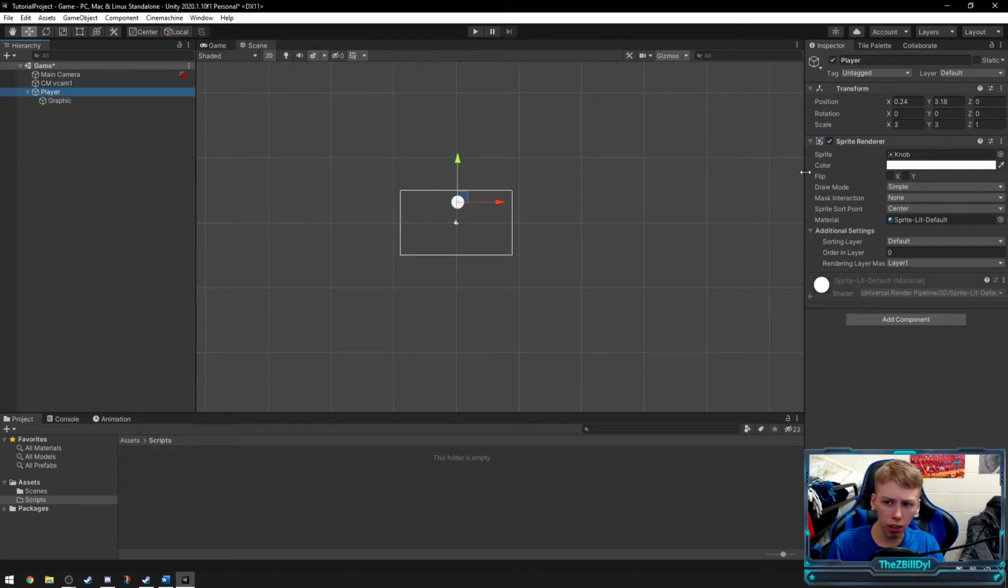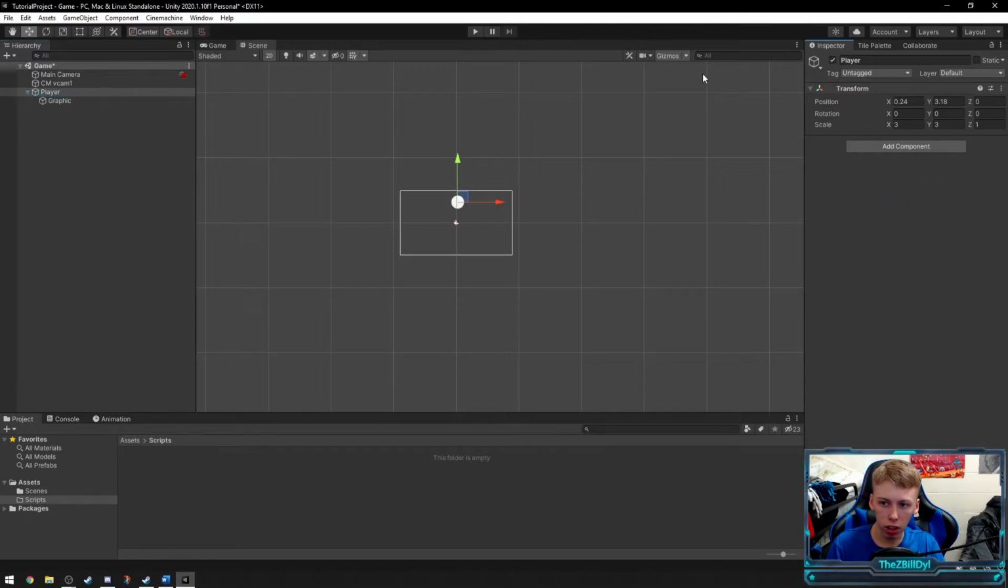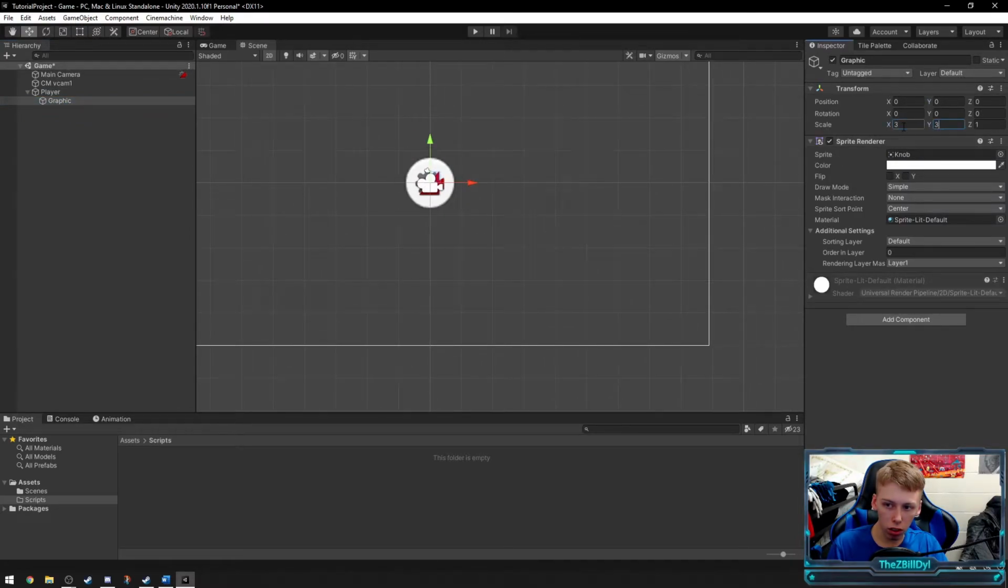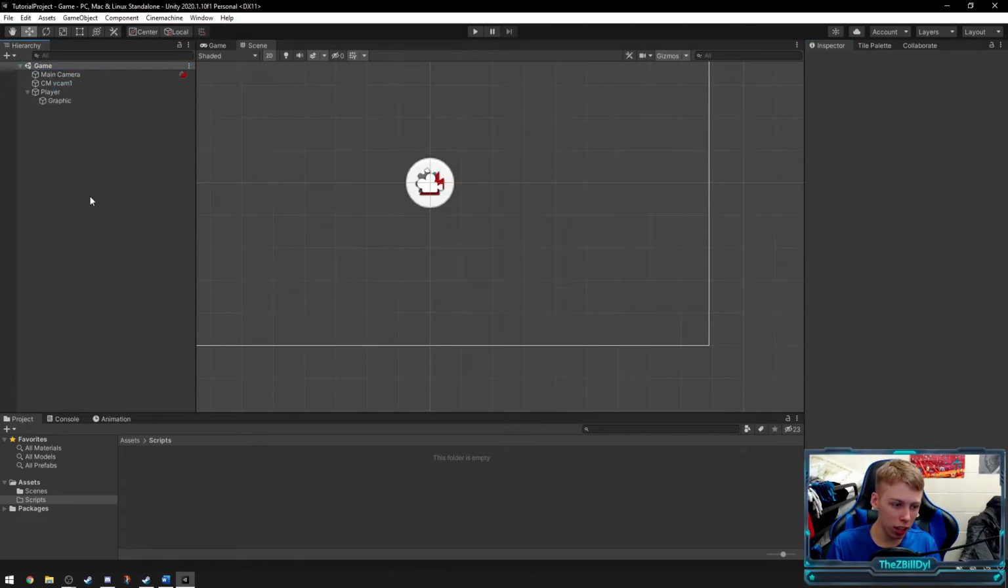Anyway, enough of that. I'm going to get rid of the sprite render on the parent here. We're going to actually reset the transform back to here. And this is the graphic, which means we're going to actually lower this to the 3 by 3. Okay. Now, with all that explanation out of the way,